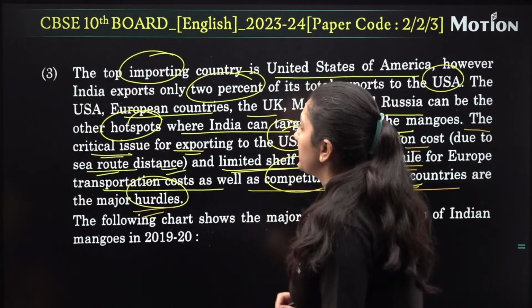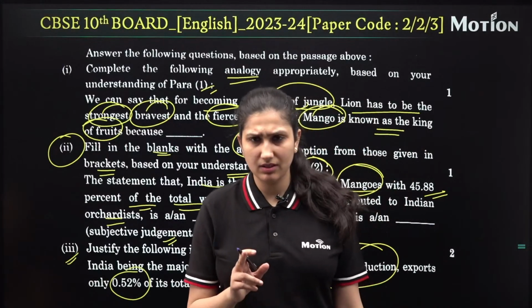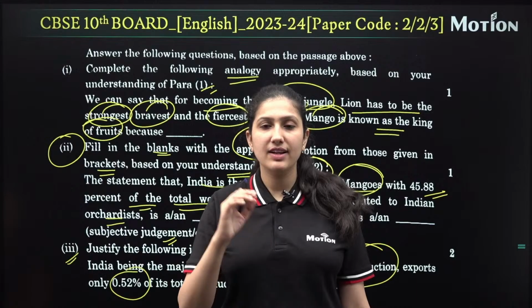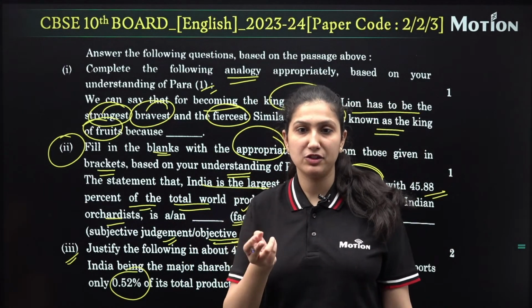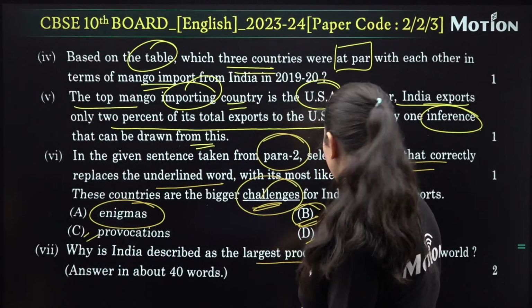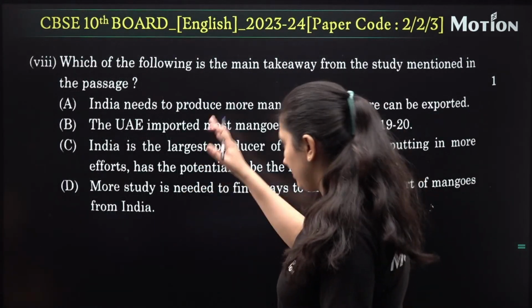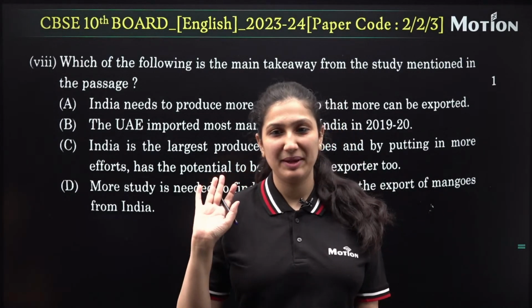Now we'll come to the next question. In passage 1, options were more, I think. Alright, and in this options are less. Fill in the blank sort of questions are there, or you have to write by your own considering the passage. Next question. Shall we come to the next question? We are done with this. So, option. I was talking about options and we have options in this question.